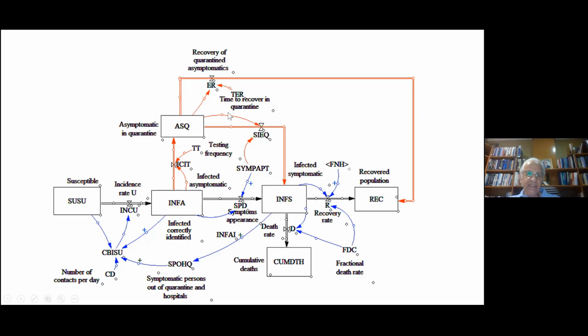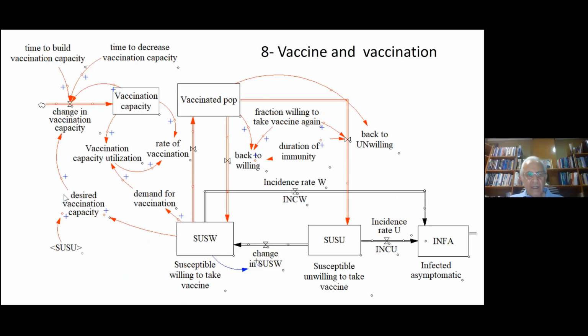So by testing and putting asymptomatic patients in quarantine, the number of infected who will meet or contact susceptible would decrease, and that could have an important impact on the incidence rate. We examined that in the model. Then we have the vaccine. When vaccine becomes available,